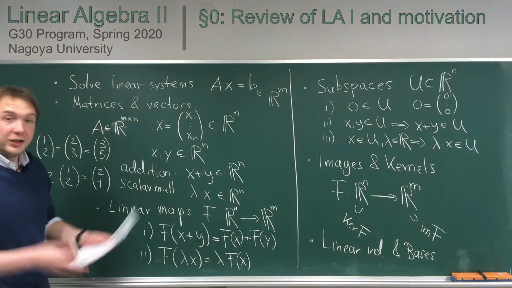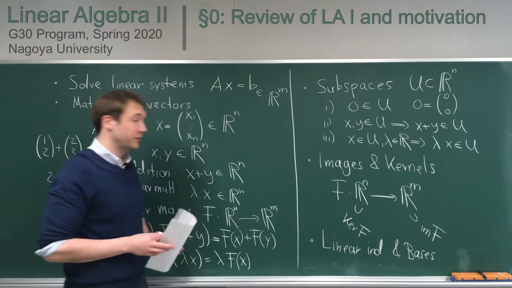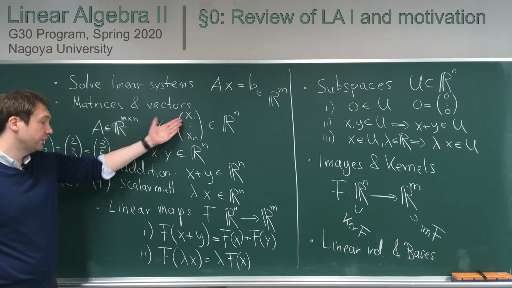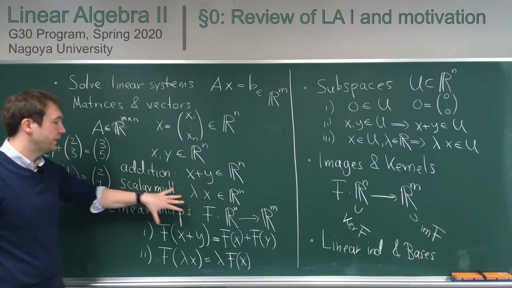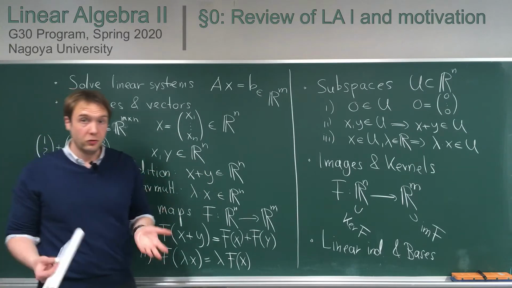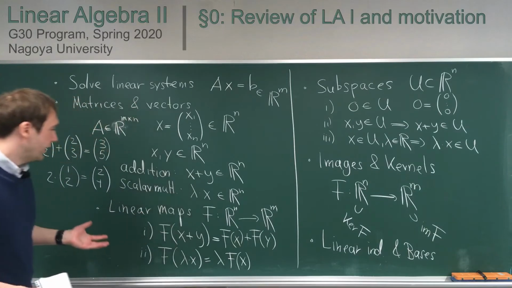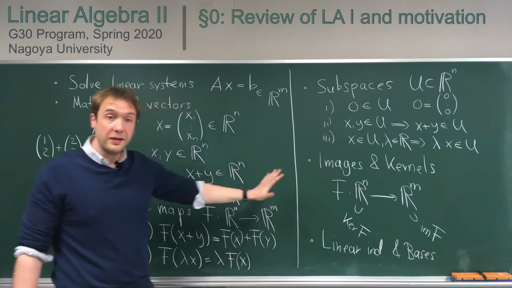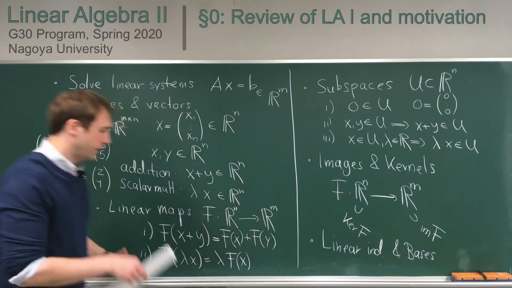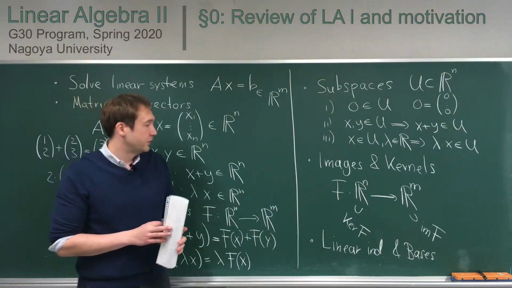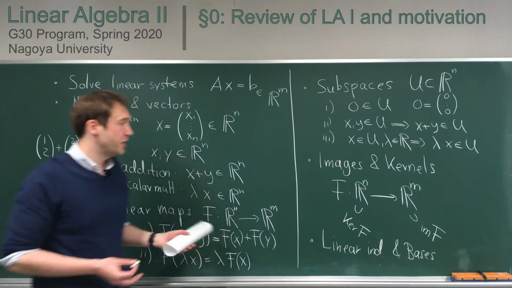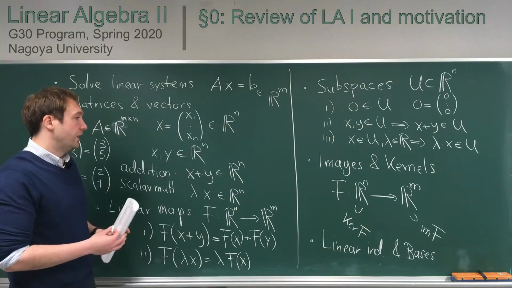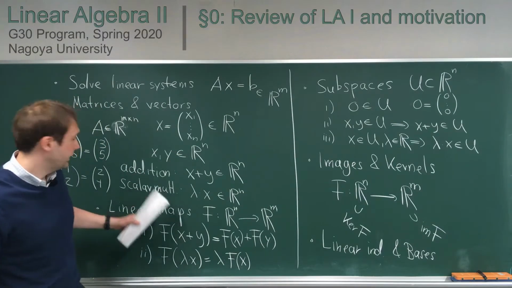And in real life, or in your life as a natural scientist, there are a lot of objects besides these vectors which also have some addition or scalar multiplication, for example polynomials or functions. And for these, all these objects or these notions also make sense, and they are really interesting. So what we want to do at the beginning of this course is to generalize these ideas to more general objects, and then study these specific